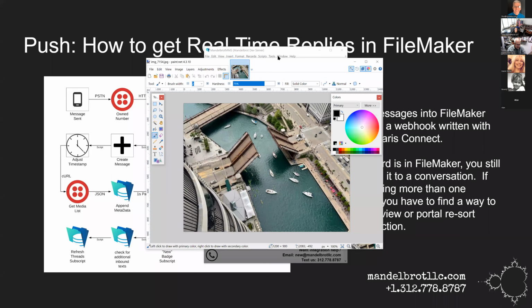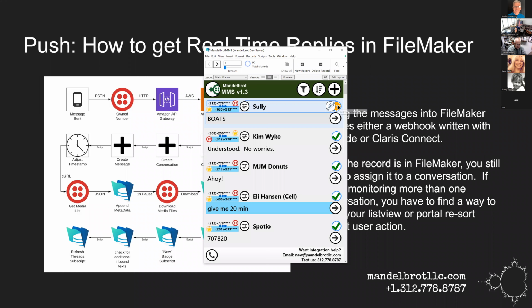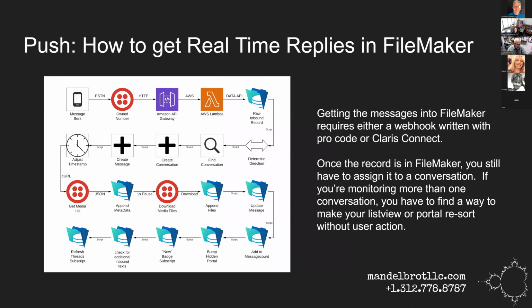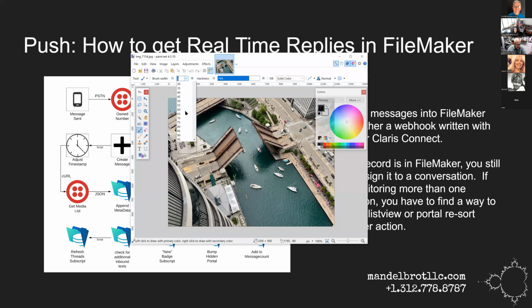So getting these images and things in real time, though, I use this a lot for customers, right? Like a lot of these folks are customers. And if I'm trying to debug something for them, one of the fastest ways that I can get information from them is just say, take a screenshot of it on your phone and send it to me in a text message. Then I can take this out. I can say, okay, cool. Well, let me draw here. So it's this boat. That's the one that you need, right? And then I can save this as an image, right? And then send it back pretty quickly.